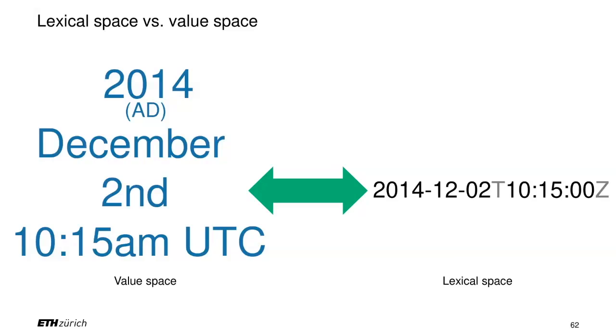So strictly speaking, validation is yes, no. You just say yes, no. It's valid, it's not valid. And so what validation will do is that it's going to look at the lexical space and tell you, yes, this is a date time, or no, this is not a date time. That's what we call validation. Converting the lexical value to a value in memory would be called annotation, right? And you typically do annotation at the same time you do validation. They go hand in hand.